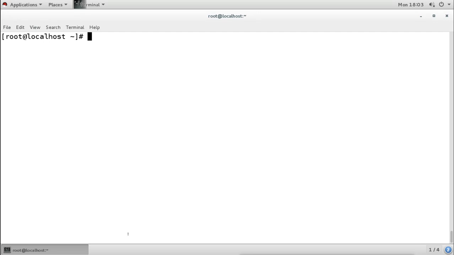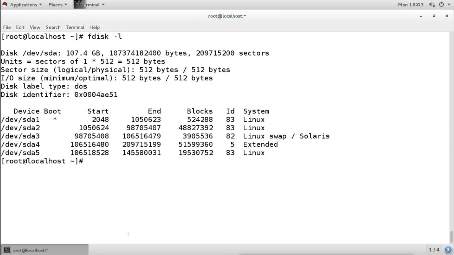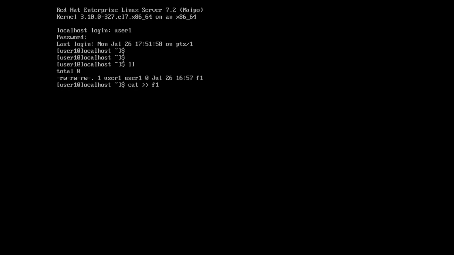Nothing will happen. For example, I will show you: this is root, I logged in as root. Now if I run this command with this option, we'll see this output. Now if I switch to the other user which is logged in here and try to run the same command with this option, I get nothing here.